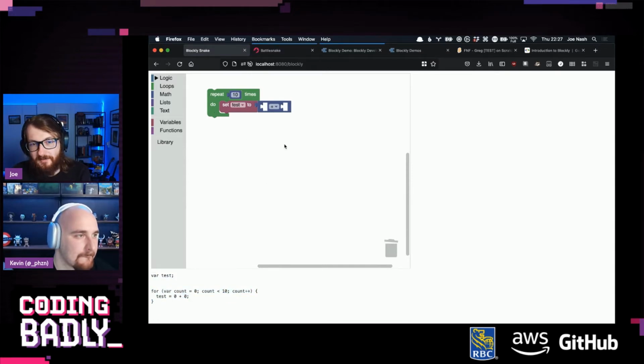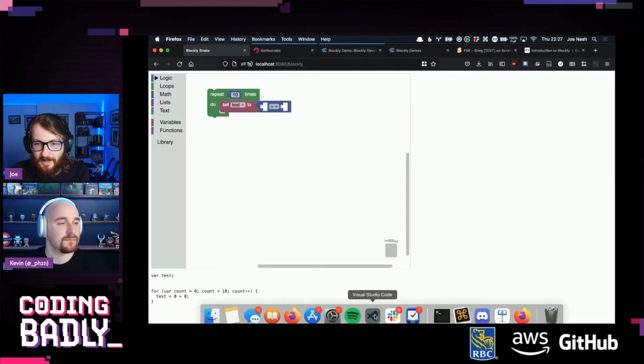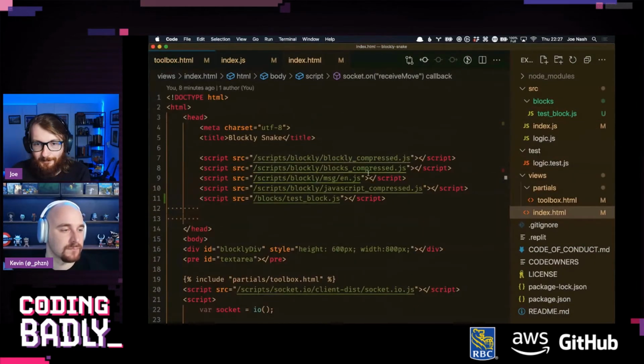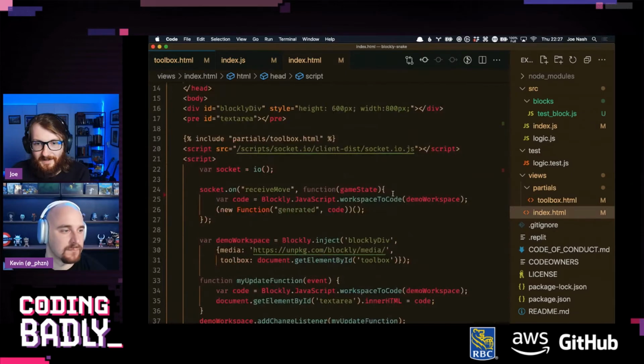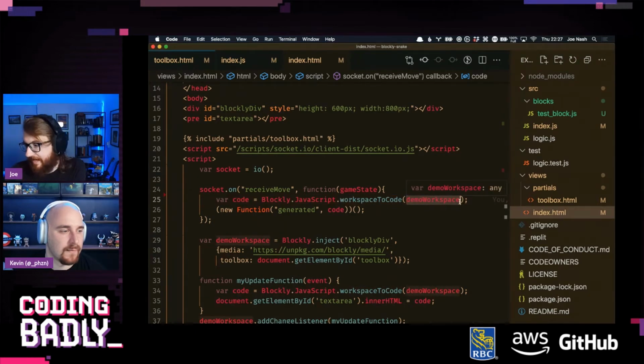The blocks in the editor are all represented by XML, and that's the Blockly workspace, this XML tree. The code generators are really cool, where you just import the code generator you want. So we're importing JavaScript, and then we just call Blockly.JavaScript.workspaceToCode, and we give it the workspace. And this workspace is just the XML.